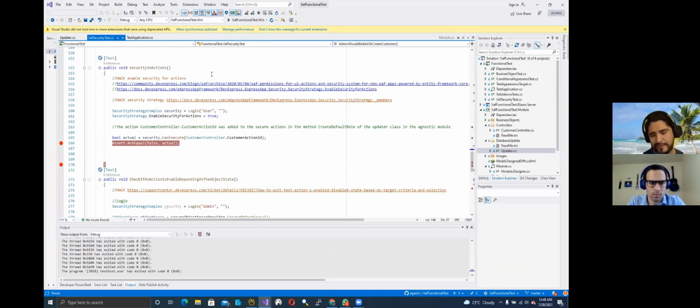So we know that as an admin, you have permissions over everything. So in this case, we're logging in again as user. And then in one of these tutorials here, it tells you that you need to set this static property of the security strategy, enable security for actions. You have to set it to true. So after that,